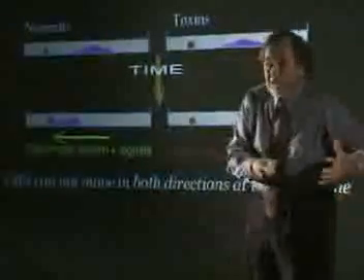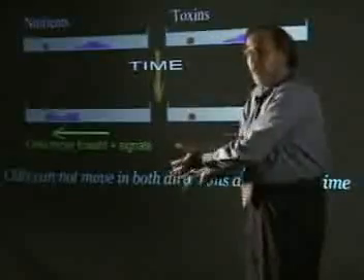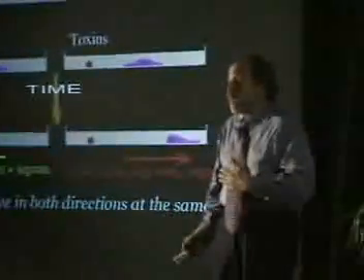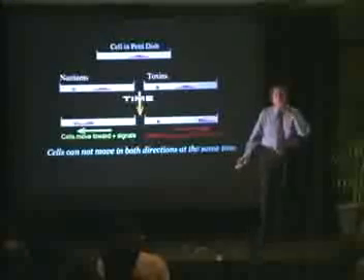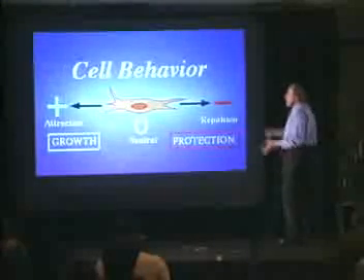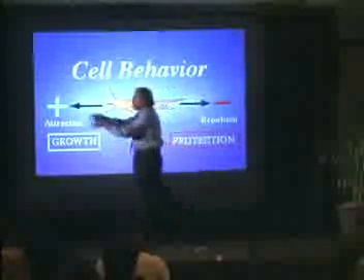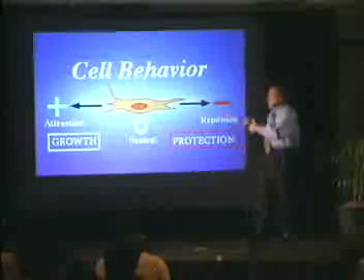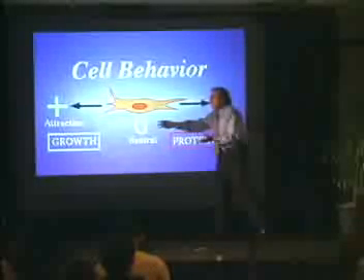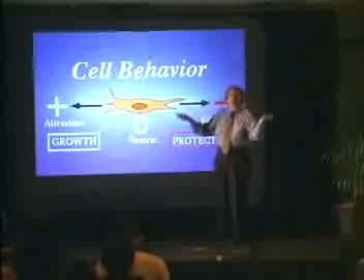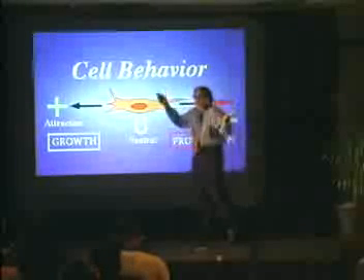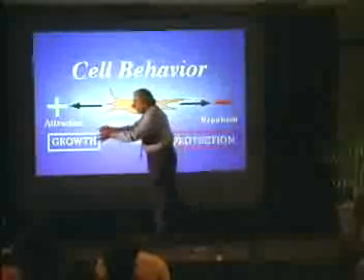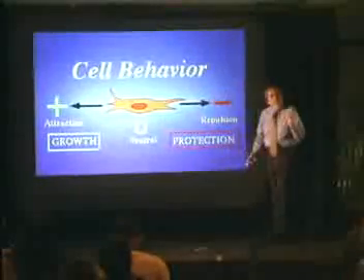Because when the cell is in protection, it stops growing. And the more protection we think we need, the more we shut off our growth mechanisms, and therefore we start stymieing our own health. Let me give you an example. Cells move toward positive signals as a mode of growth. Cells move away from negative signals as a means of protection. There are some signals that the cell doesn't even care about because it doesn't bother its growth or its protection. So there's zero. So the bottom line is this. Cells are either moving in growth or cells are moving in protection, but they can't do both at the same